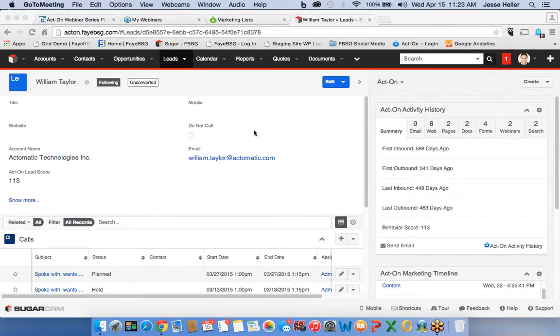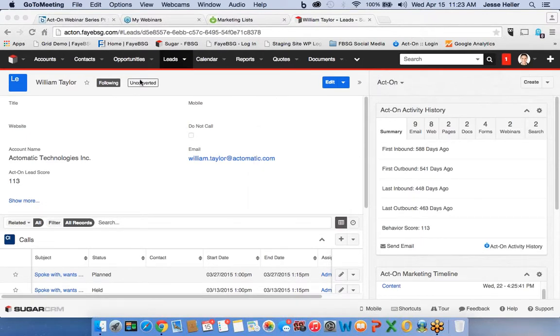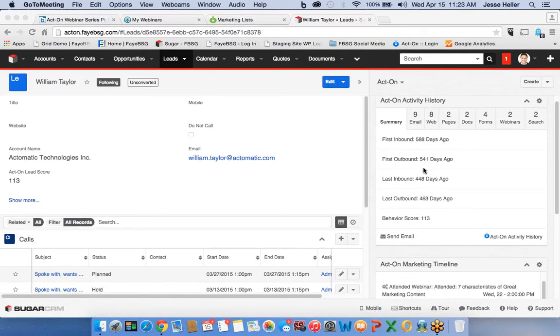So what you have here is I clicked on a lead. We're in the lead record in Sugar. This is William Taylor. And what you get is over here, an Acton activity history box and an Acton timeline down here below. Since what you're looking at today is a demo, this is all demo data. So some of the dates here